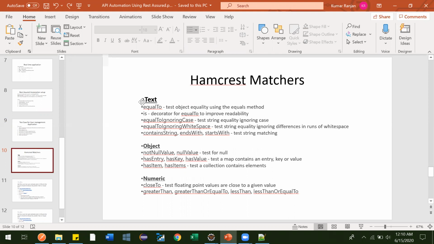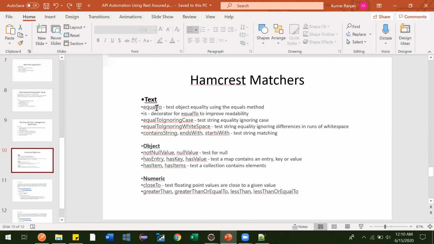Different types of assertions are helpful at different places in different scenarios. One assertion may not work in one place, but another will work somewhere else. So I am explaining the important ones here, which are used on a day-to-day basis.